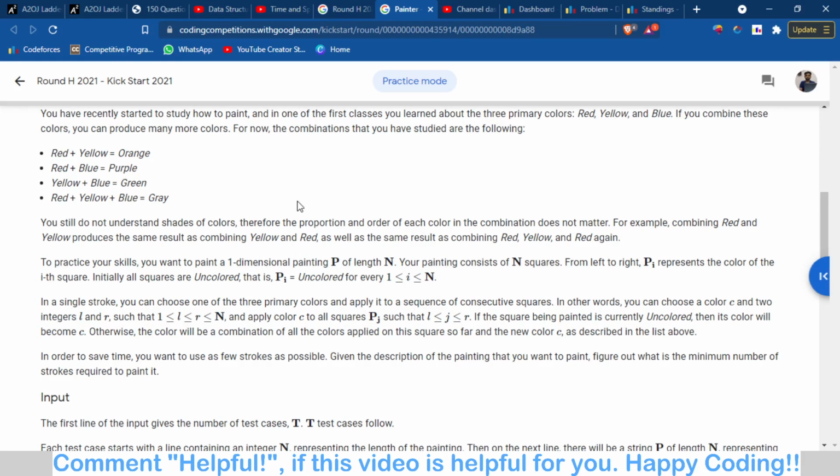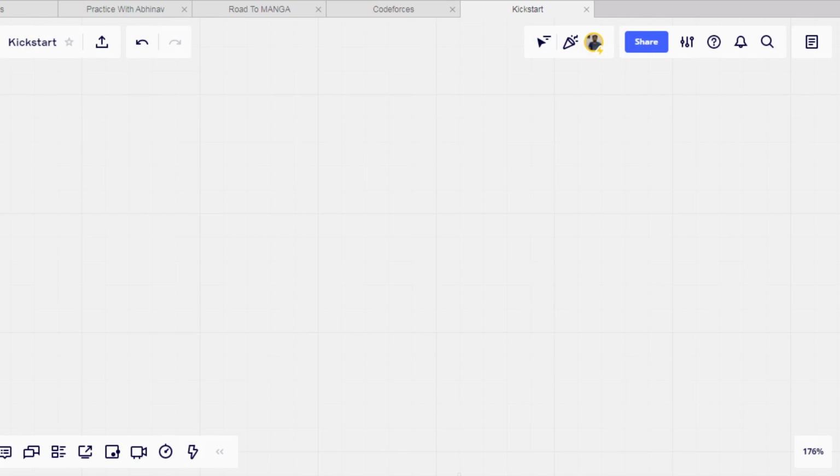For painting, we can choose some consecutive blocks. For example, if we have to color yellow, we can color yellow to some consecutive blocks. Let's understand this using the whiteboard.